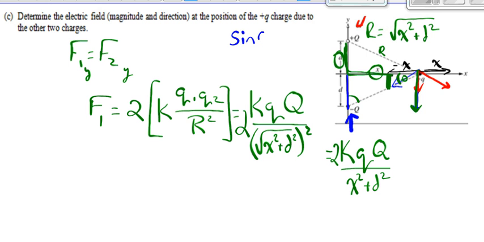So sine theta equals opposite, which is d, over the hypotenuse, which we already found to be the square root of x squared plus d squared. So if I want to multiply this whole thing by sine of theta, which I do to get the y component, all I have to do is replace sine of theta, because that isn't one of the things I can use, with what it is equal to. So my final answer all the way over here comes out to be